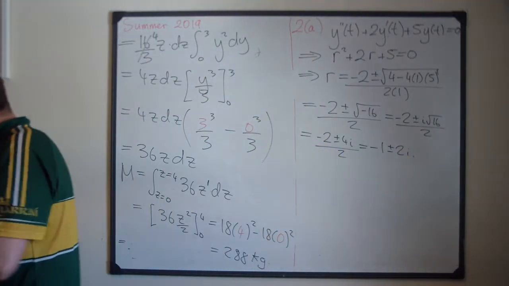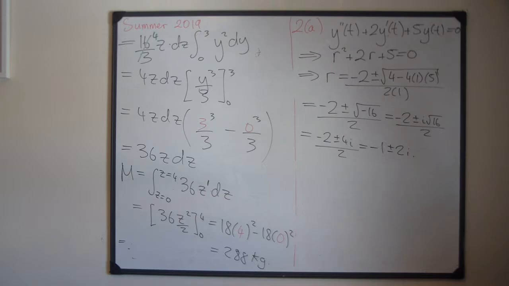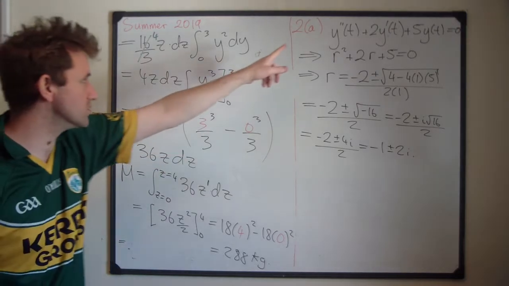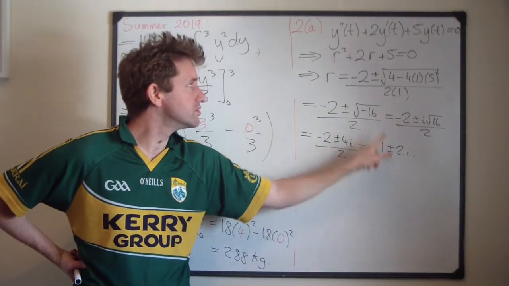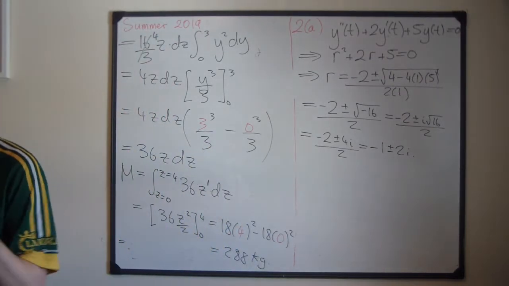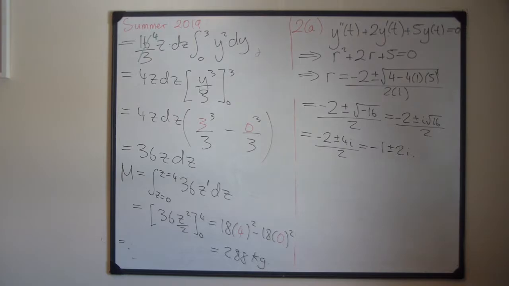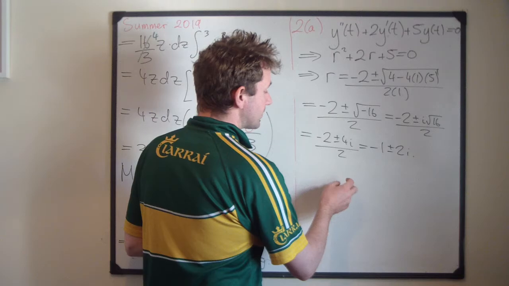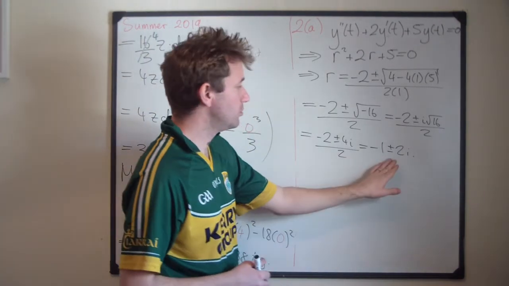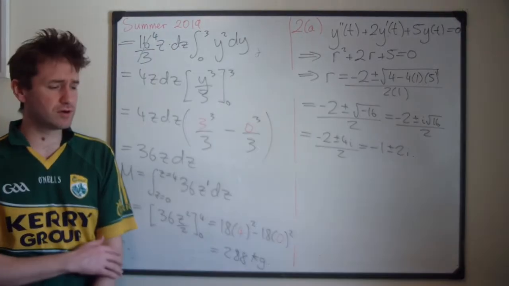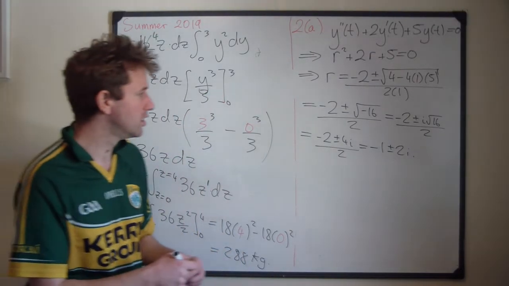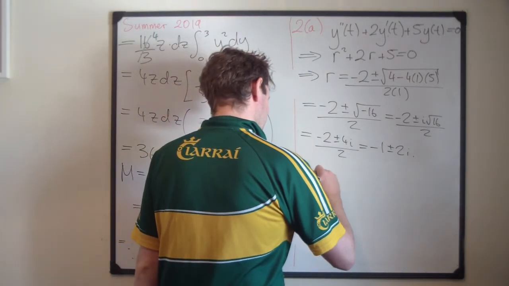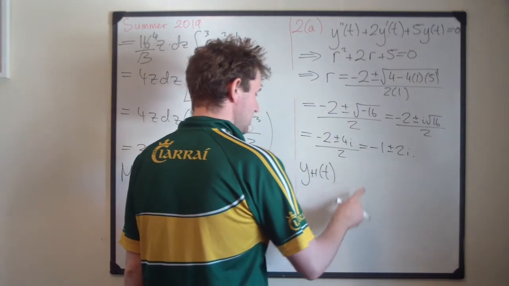Now the good news here is that the solution of this is called the homogeneous solution. If the roots of this are complex, there are 3 different cases. Obviously you'll have to do a revision on this yourself. If they're 2 different real roots, you get 2 exponentials. If they're equal roots, like critically damped, you get an exponential and then t times an exponential. With the complex ones, you get the sines and the cosines, and there's quite a complicated formula, but it will be on the question paper if you need it. Here it was on this question paper. It says that if the roots are p plus or minus iq, then